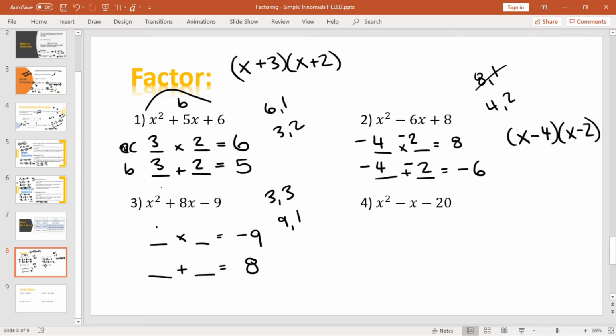So I'm going to do 9 and 1. 9 and 1. 8 is positive, so 1 must be the negative one. 9 plus negative 1 equals positive 8. And my final answer,